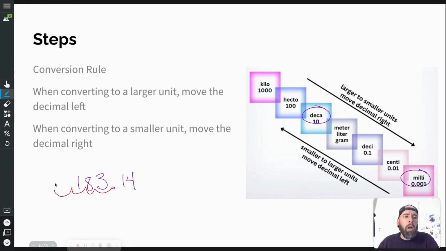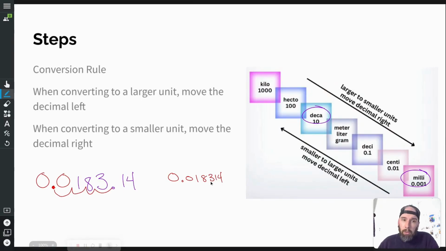We've done this before, where if you put your decimal there, you have to fill in with a 0 and always put a 0 in front. So let me write it out first. That's an ugly number. Now that means 183.14 millimeters is